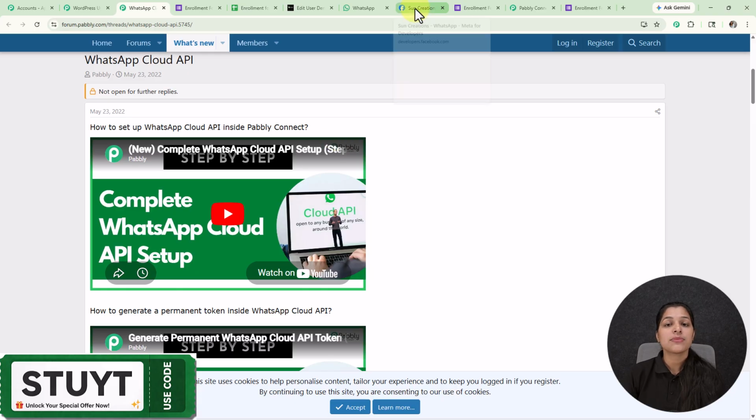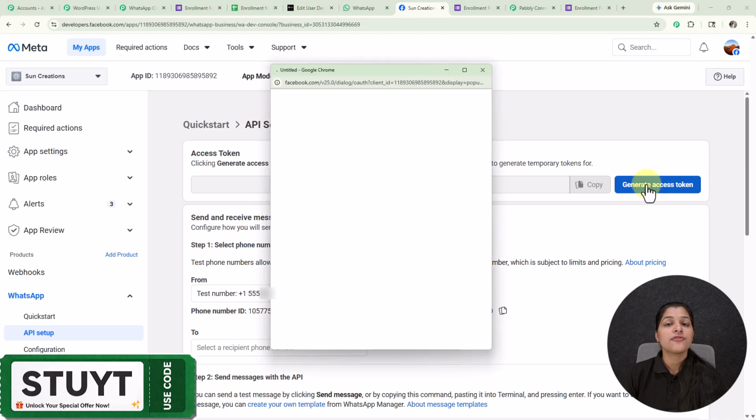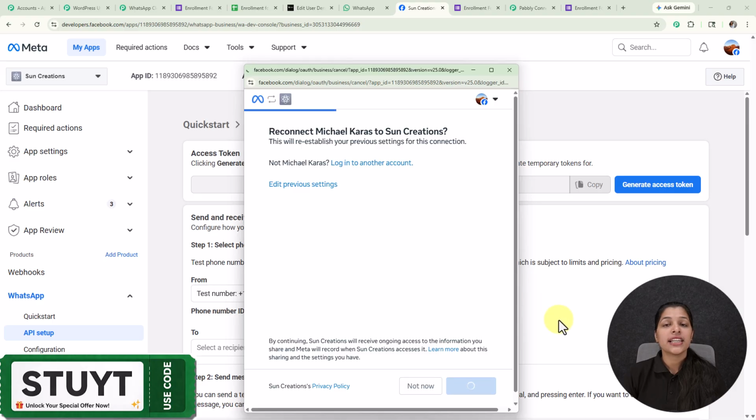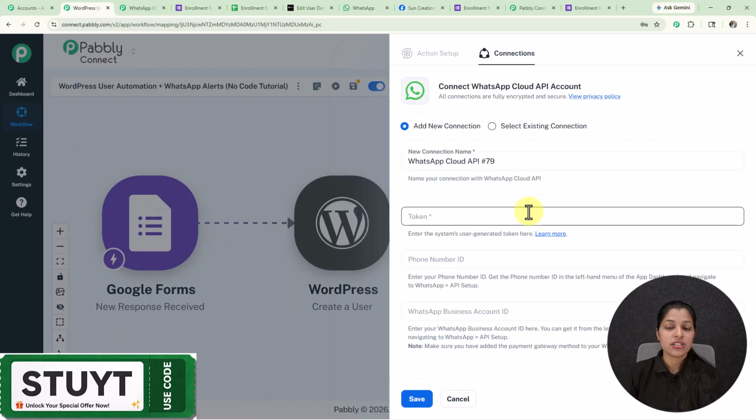So now let's move on towards my API setup page. And here I've landed on this page where you can see we are getting the option to generate an access token, which I have selected. And now I'm going to click on reconnect to generate my access token. And here I'm getting it. So I'm going to copy it and paste it over in Pabbly Connect for building the connection between WhatsApp Cloud